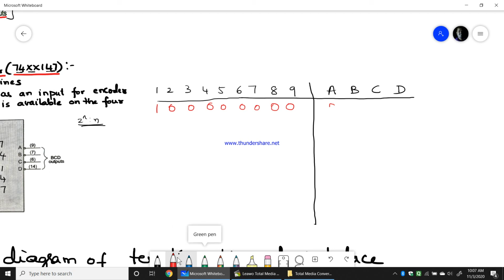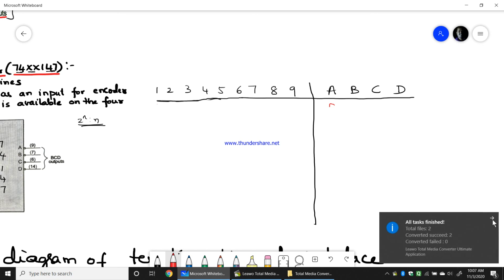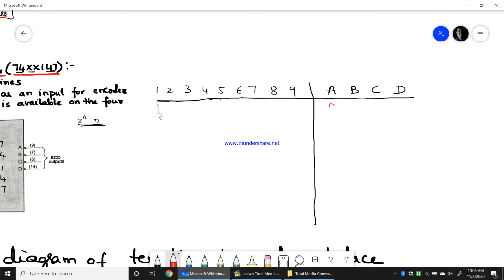0. Now first thing is we need to know the condition for 0. Therefore, if all 1 to 9 are zeros, I think this is an active low input that we have. Therefore, active low inputs will take all 1s here. So when all are 1 means all are disabled. Therefore, the output will also remain disabled, means 1111, again active low output.